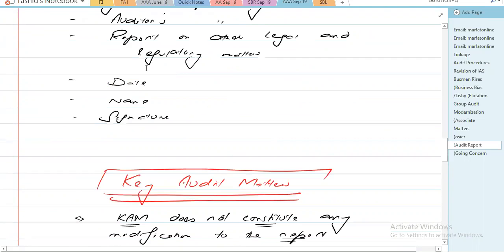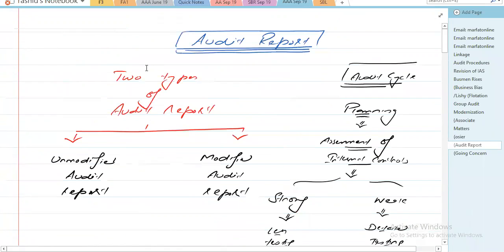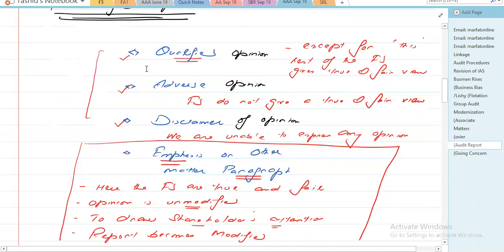Let me just scroll up and show you. Yeah, this one. Qualified opinion, adverse opinion, and disclaimer of opinion. So these three are the modified opinions. Now, qualified opinion, you are saying, except for this, whatever that is the case, the rest of the financial statement gives a true and fair view. Adverse opinion, financial statements do not give a true and fair view, and this is the overall opinion. And disclaimer of opinion, that we are unable to express any opinion,